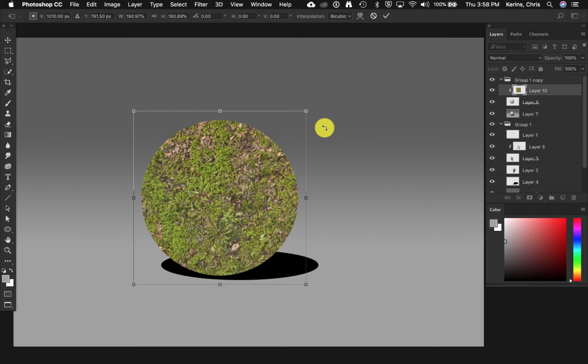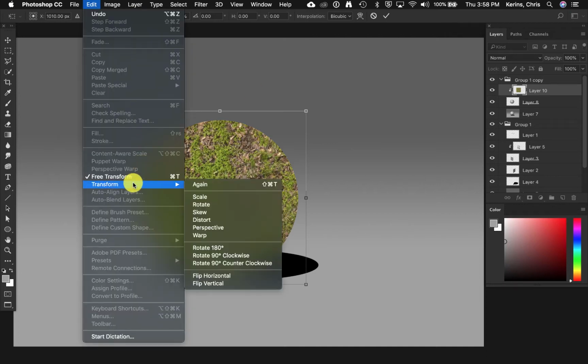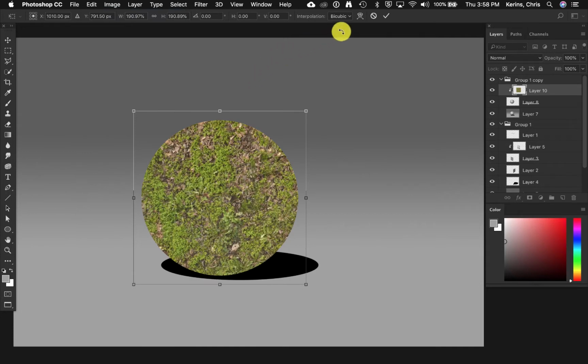So there's a warp in the transform right down here, but also while you're in free transform, there's also a button for it right up here. So I can switch between free transform and warp modes just by hitting this button. So let's take a look at what that does. This, once I click it, gives me a flexible grid, a little 3x3 grid with some handles